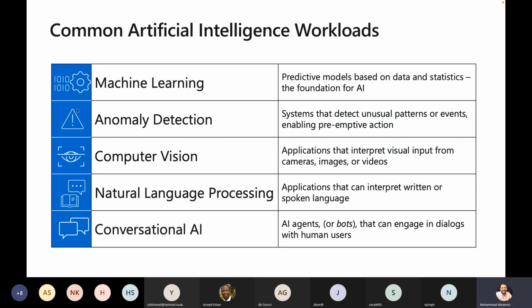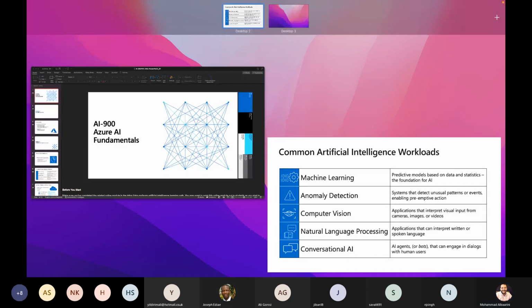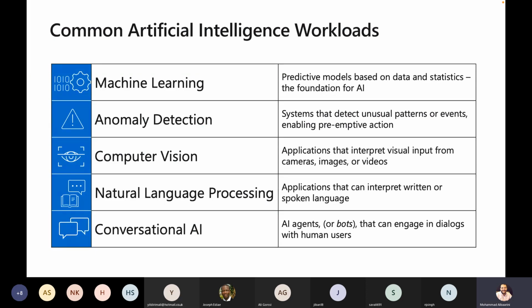There are many areas or workloads available in artificial intelligence, and one of them is machine learning. It is mostly used for predictive models based on data and statistics, and it is the foundation of AI. Anomaly detection is a system that detects unusual patterns or events, enabling preemptive actions. Computer vision, which we will experience later,